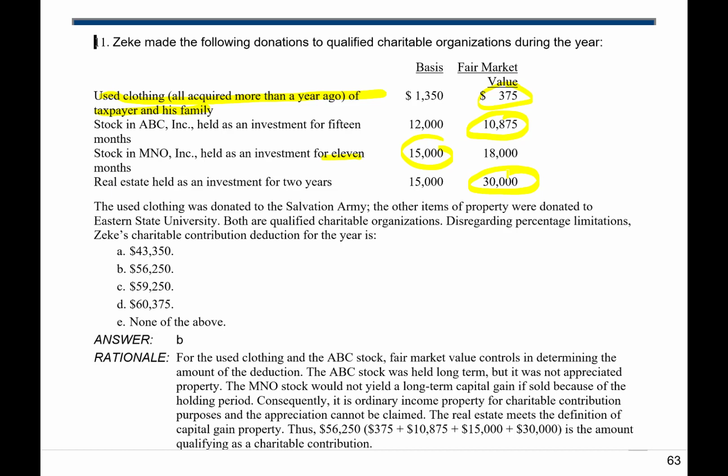So you go ahead and add those up. We have the closed fair value of that stock that he held for 15 months. It's not so much that he held it for 15 months as much as that it's non-appreciable property. That does kick you to fair value. But if it's a lower fair value, then you have to take that lower fair value regardless, right? And then the 15,000 for the basis because he didn't hold it long enough. And then finally he got smart and was able to donate something that had a longer holding period, and so he could take the fair value. So what's that come out to? 56,250.